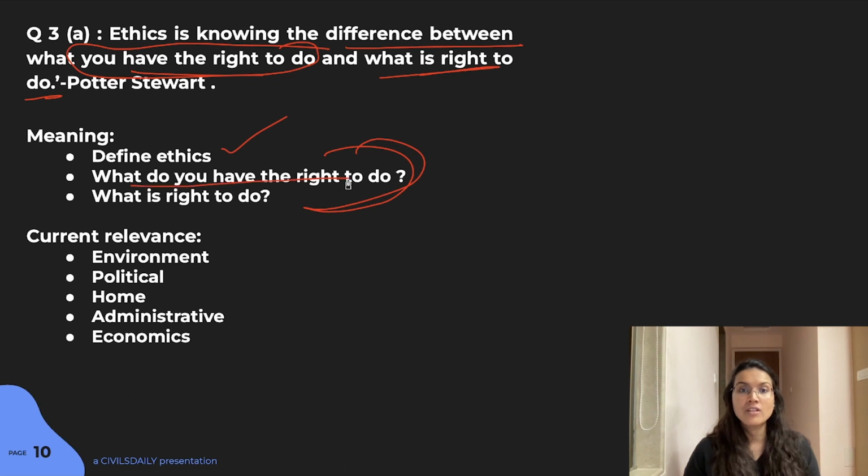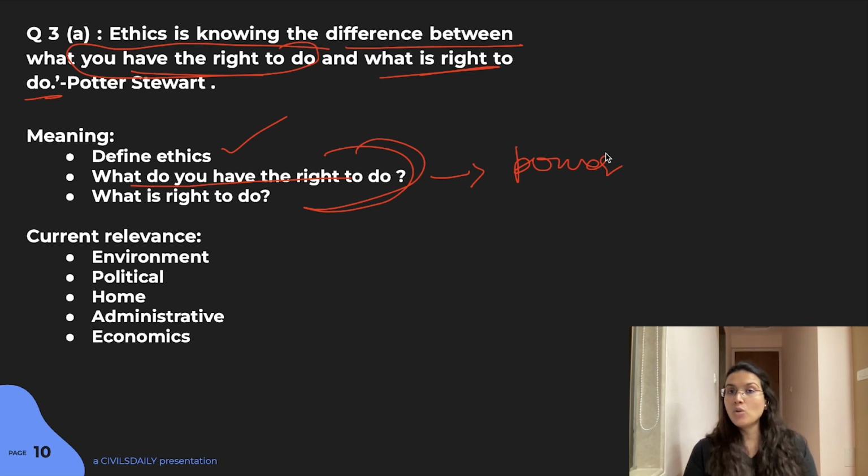Like what you have the right to do. What do you mean by this? You can talk about power. You can get multiple angles here. In fact, you can talk about power with respect to a post. If you're a civil servant, if you're a cabinet secretary, then you have a lot of power to influence a lot of decision making, right? So that is a kind of power that you can talk about. You can also talk about what you have the right to do even when you're somebody like a political head, a prime minister. Not only national but international things also, like the US president's decision making not only affects the US but a lot of other countries also, right?